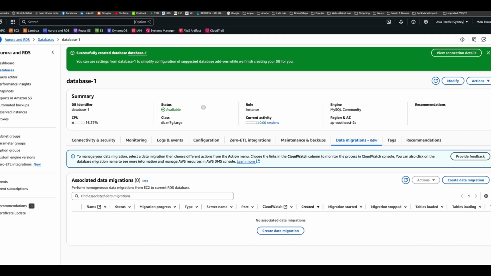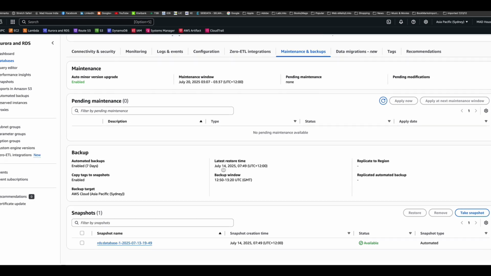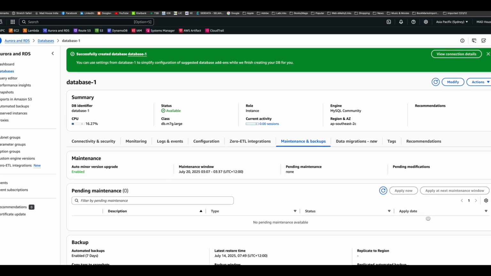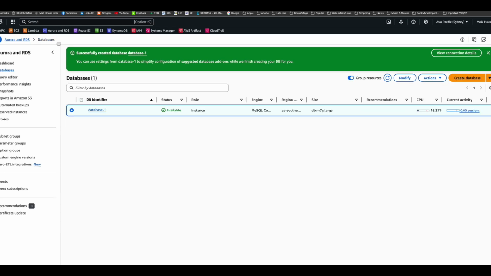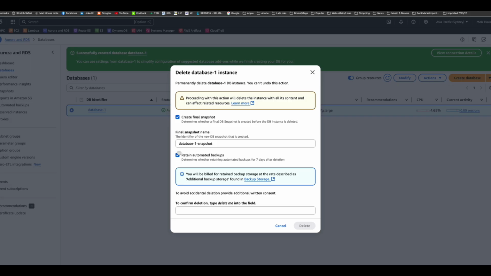So to conclude, you must go there, make sure you click here first to the snapshot, which is here. In terms of maintenance and backups, make sure you remove the backup if you want it. Make sure you restore if you want any point in time restoration from the snapshot, etc. You can take it, and it is going to create a snapshot from here. Successfully, once you have done it, make sure you delete your database so that you don't pay,